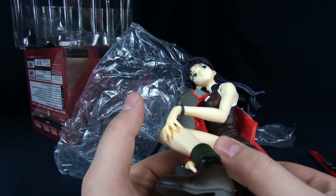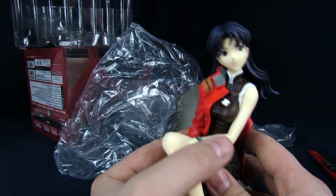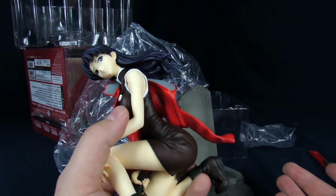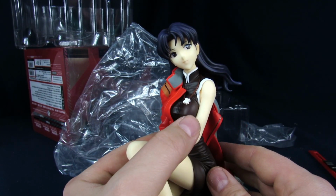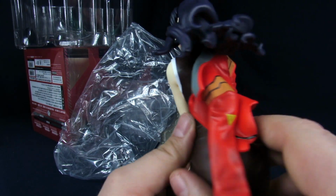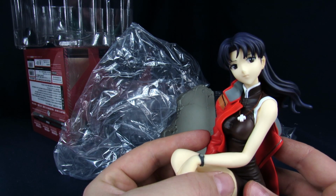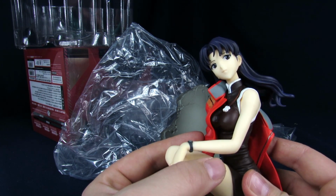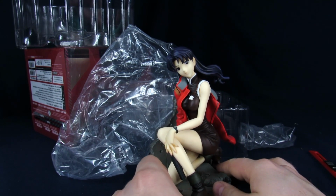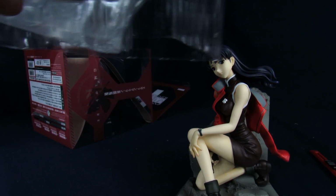Because what was our last Kotobukiya we got? It was the Horror Shoujo Pinhead. That one was a little bit depressing, as you guys saw on the top 5 most disappointing figures I've gotten this year. She's definitely a really nice one. Is she better than the Sega ones? Yeah, probably. But I kind of wish there was a way for her to actually peg in, though. Would have been really nice. But moving on,